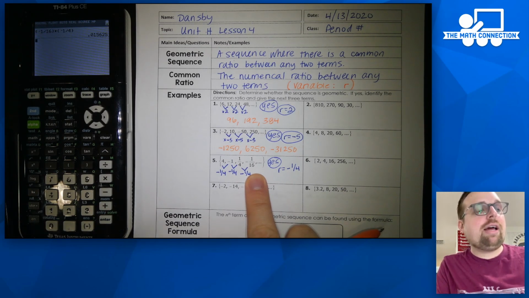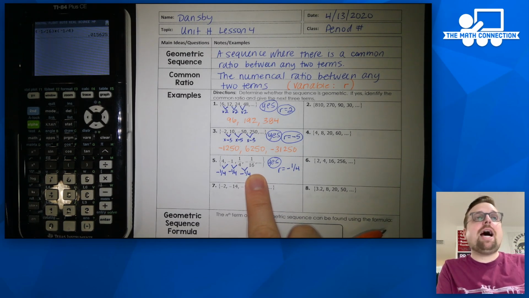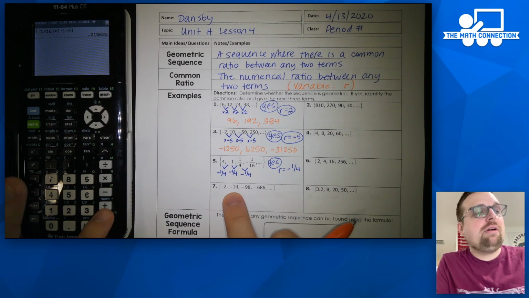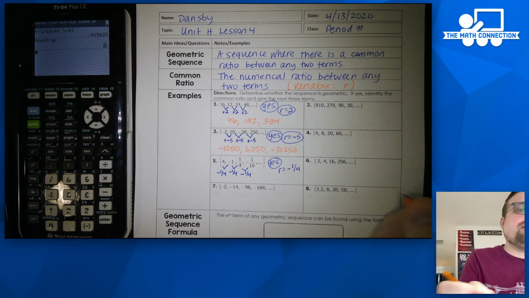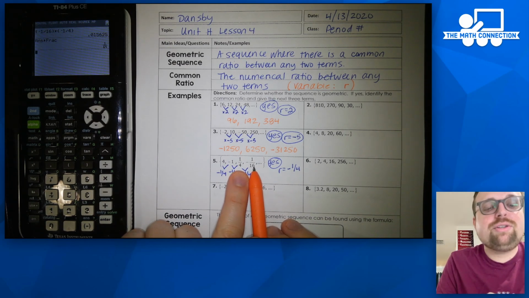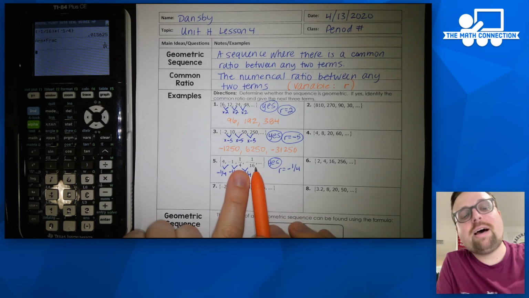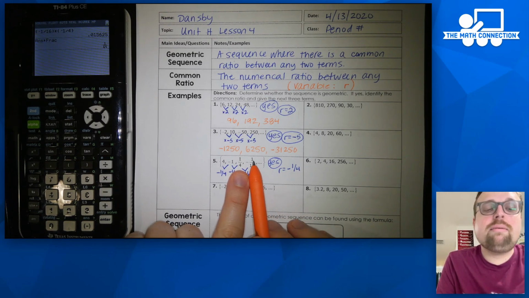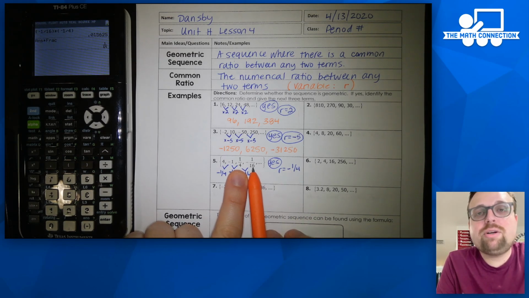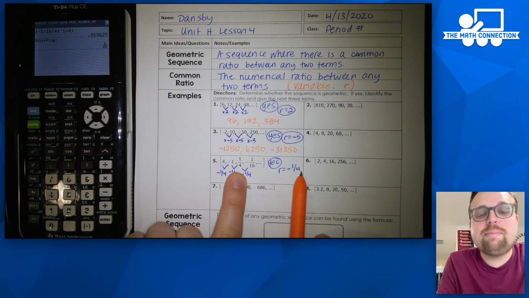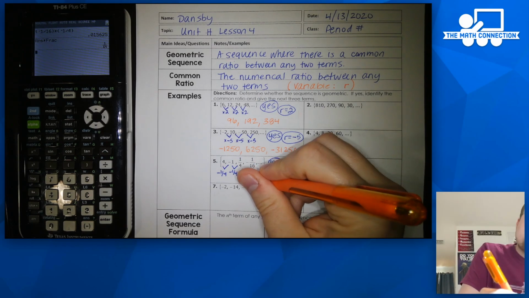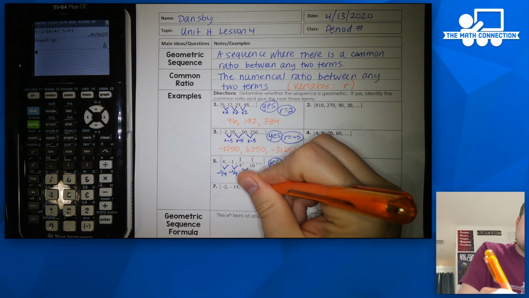And I get, okay, so it's a decimal, and I'm going to be okay if you guys leave it as a decimal, but there is a trick on this graphing calculator where I can just turn it into a fraction. Something else that you can look at too is that as you multiply fractions, you multiply across the top and across the bottom denominator. When you multiply 1 by 1, it's always going to end up being 1, and the denominator is going to be the previous denominator times 4. So another way to look at that is just 16 times 4 is 64. So the next term is positive 1 over 64,